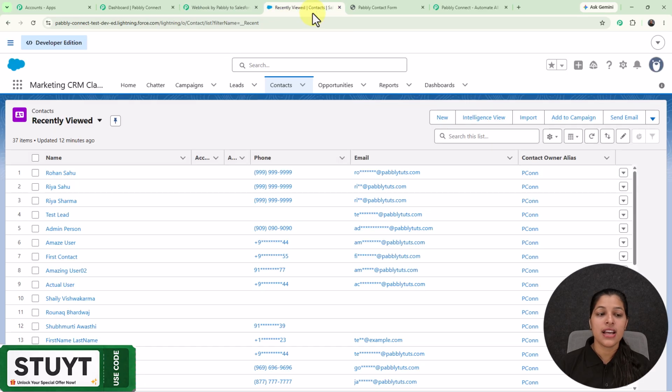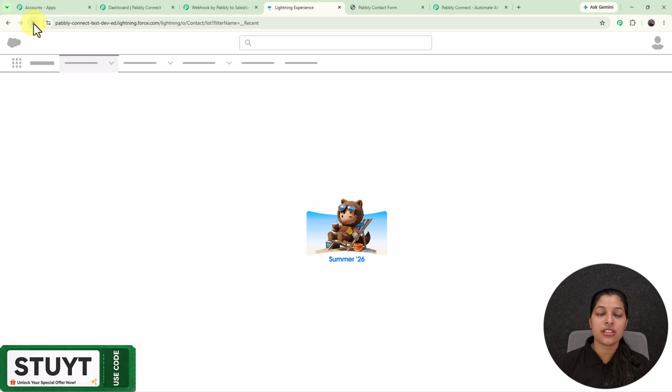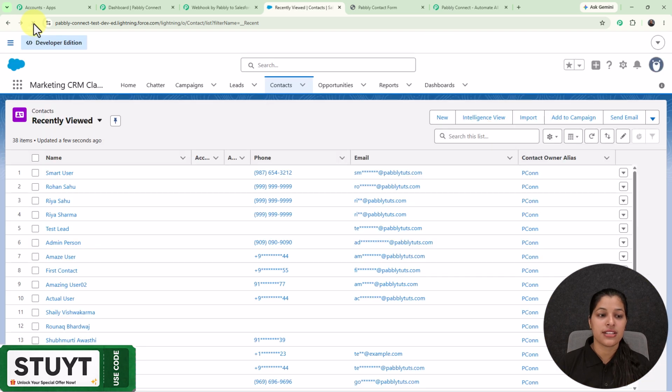So right here I'm on the contacts page of Salesforce CRM, which I'm going to just refresh, and here you can see that I'm successfully receiving this lead having the name smart user, its phone number and its email address too. So as we are receiving the response, this shows that we have successfully built in our automation,